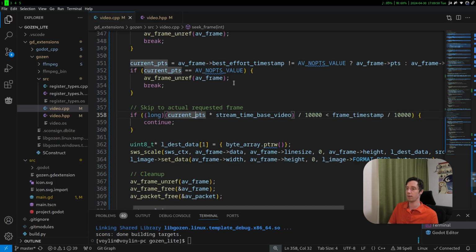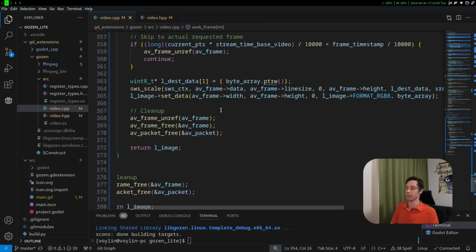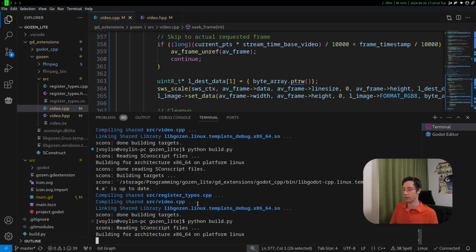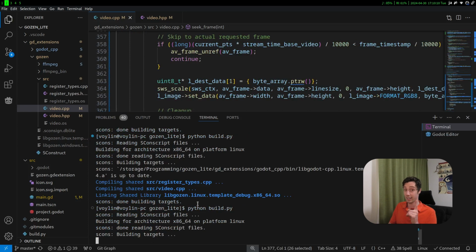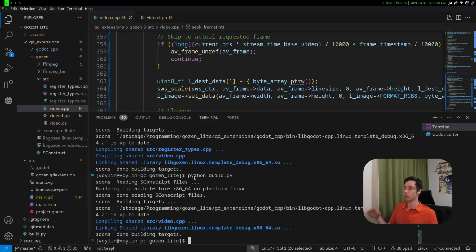And then we basically also unwrap the frame. But I think I made a mistake over here. If this is this value, we should actually continue, because it does not always mean that something went wrong and that we cannot get the actual frame that we requested. So let's give this a quick build, just to make certain if I'm missing something or not, but I think that's it. If my memory serves me correctly, I worked on this code a little bit this morning,